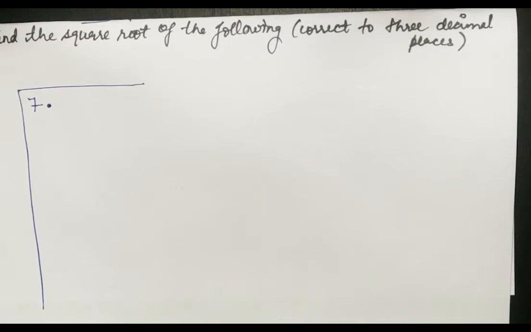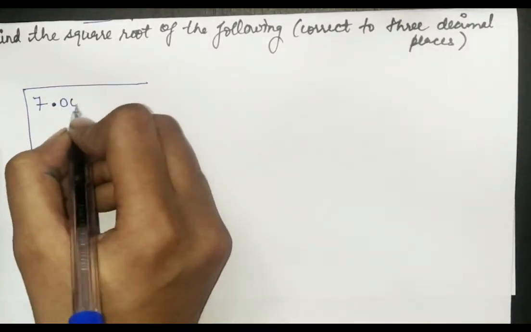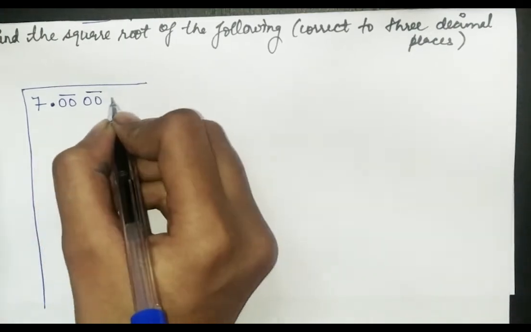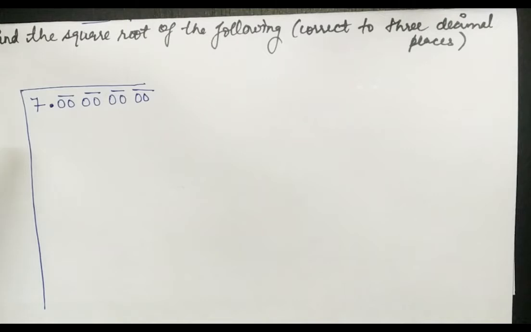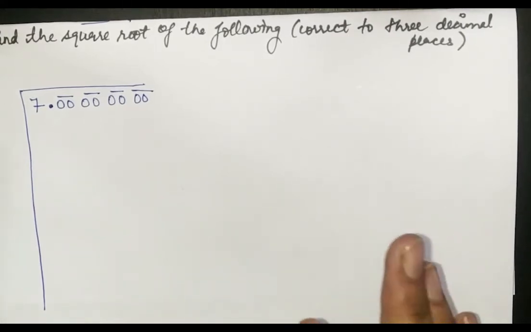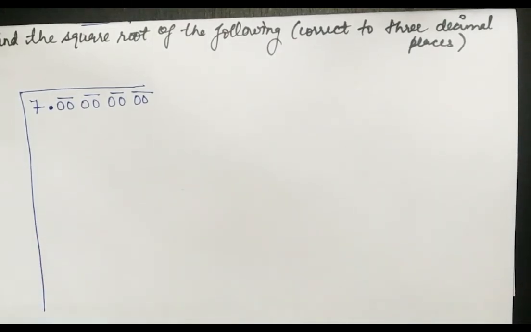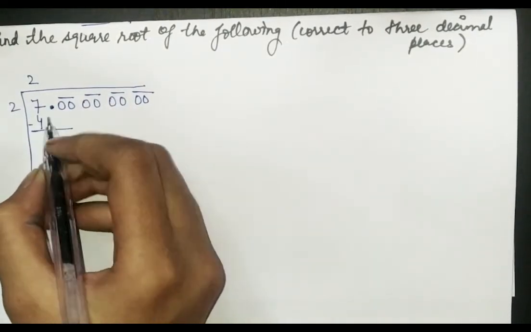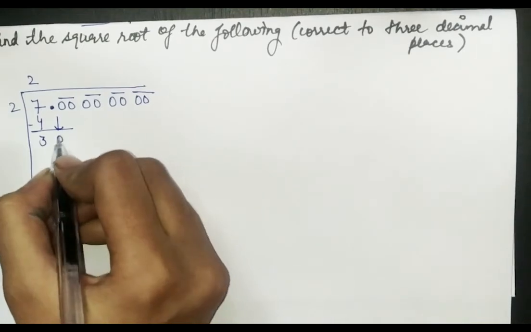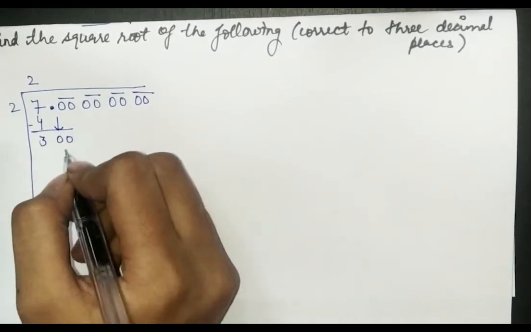So pairing like 1 pair, 2 pair, 3 pair and 4 pair. I will suggest you to make 4 pairs, otherwise some teachers say that make only 3 pairs, but in the end we will be doing round off, so that will be a little easier than the others. So let's do this. You all know that 7 is not the square of any number, so 2 into 2, that is 4. So that will be 3, and now 300, as we will have to put 00 below.